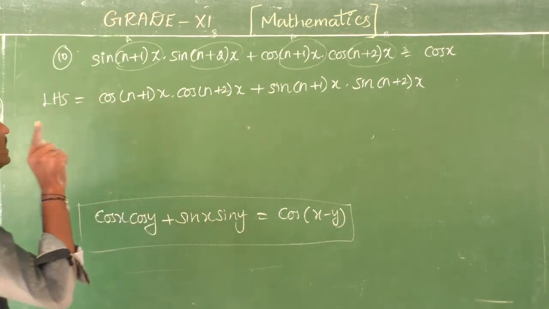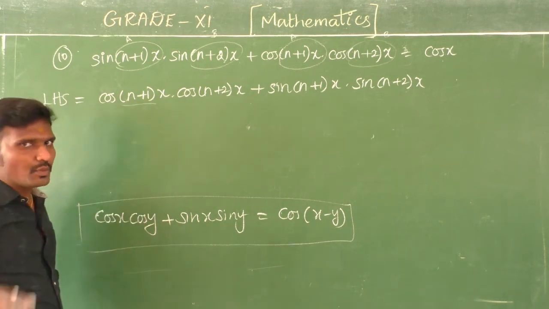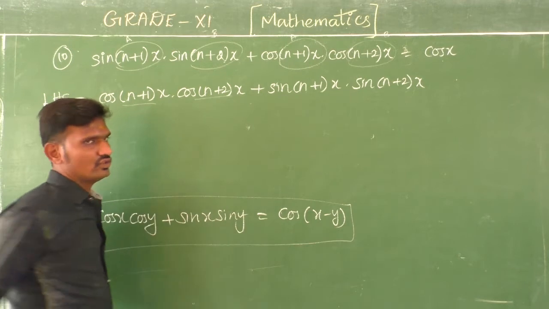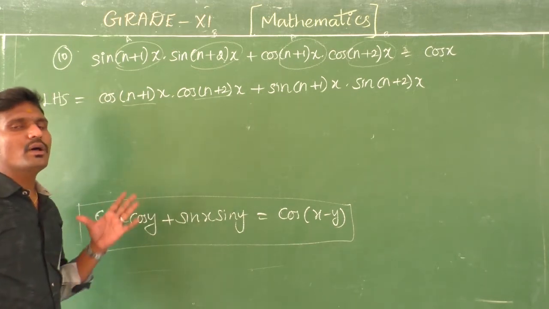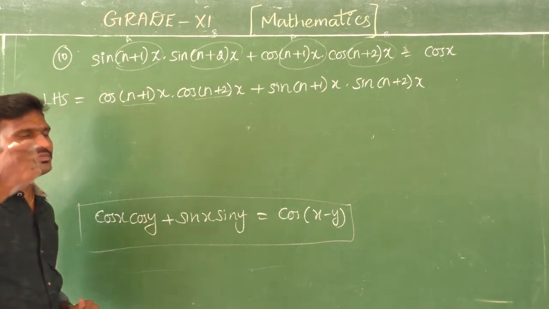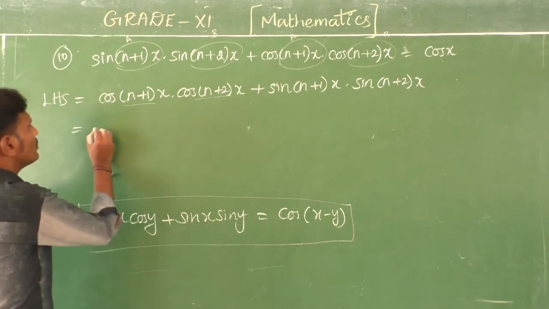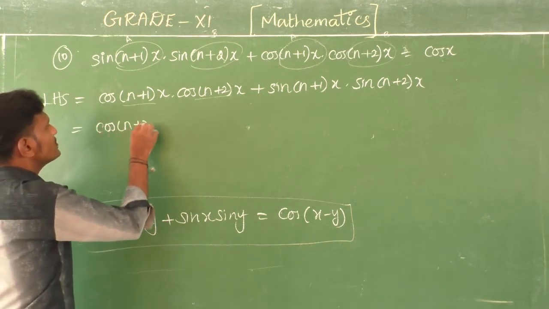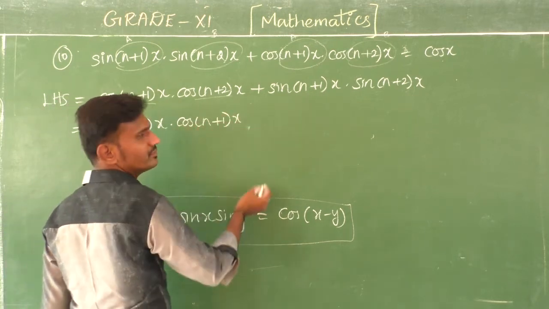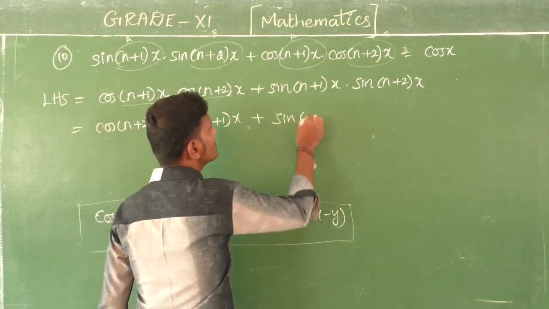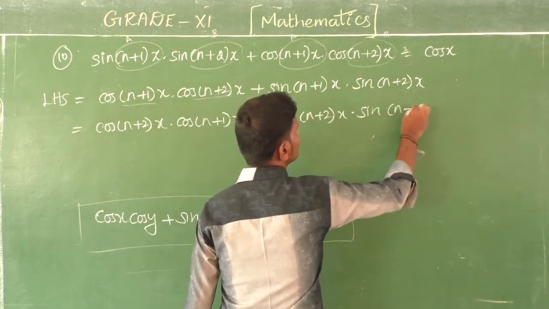And before that, one important thing, listen carefully all of you. This is n plus 1. It is the smallest one, no? And this is n plus 2. It is the biggest one. If you take it in that same format, you will have a problem with the sign place, which means the sign plus or minus. That part will go wrong. So you have to write cos (n plus 2)x into cos (n plus 1)x plus, as per the same, sin (n plus 2)x into sin (n plus 1)x.